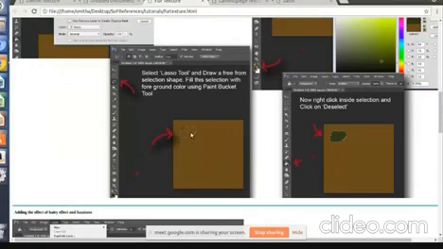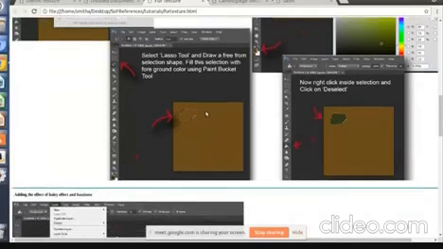Don't make an exact round or exact square and all. It will not look nice. Okay, so it's made a very irregular spherical selection here, right? Now you take the paint bucket tool and fill the selection with this color. Okay, to deselect the selection, you know what you're supposed to do, right? You have to right click inside this and select Deselect. The shortcut key is Control and D.